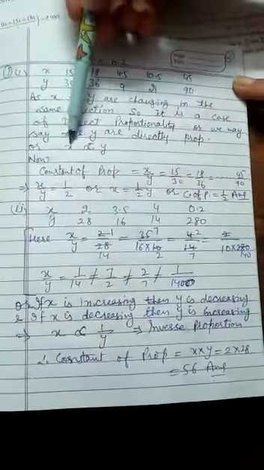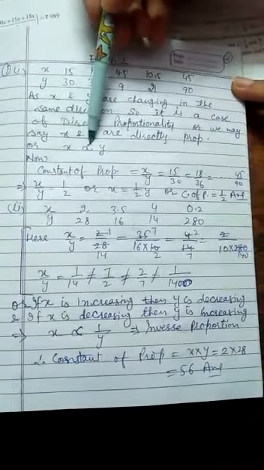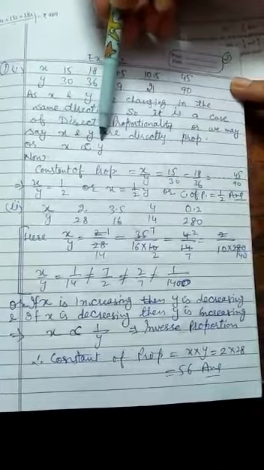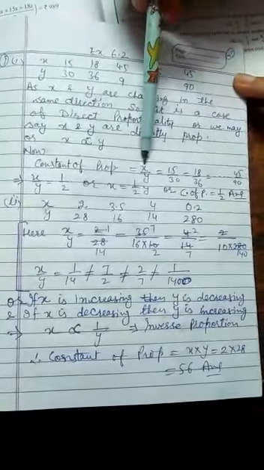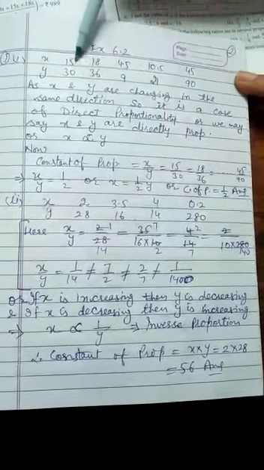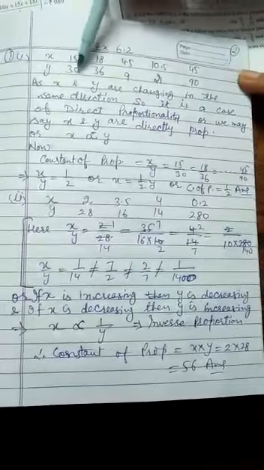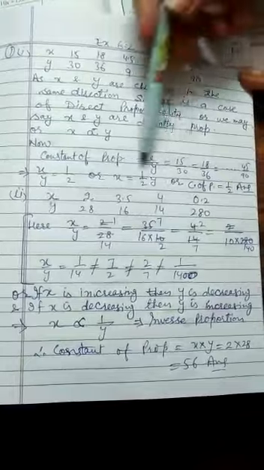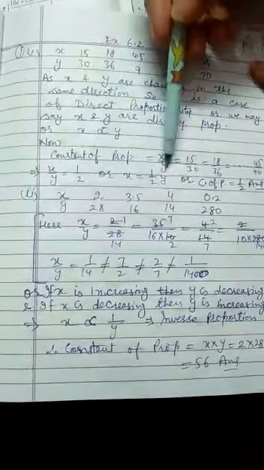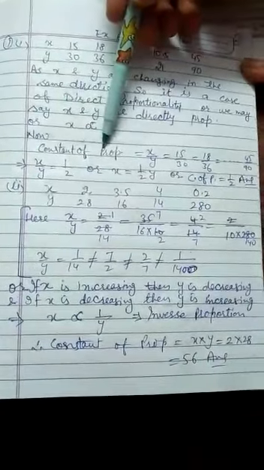How do we write it? x is directly proportional to y. This is the symbol of directly proportional. How to find the constant of proportionality? Here we use the formula x over y. So x is 15, y is 30. You can take any values, 15 over 30 or 18 over 36, 4.5 over 9. Always you will get the same answer. So here we got x over y is equal to 1 by 2. That is your constant of proportionality.